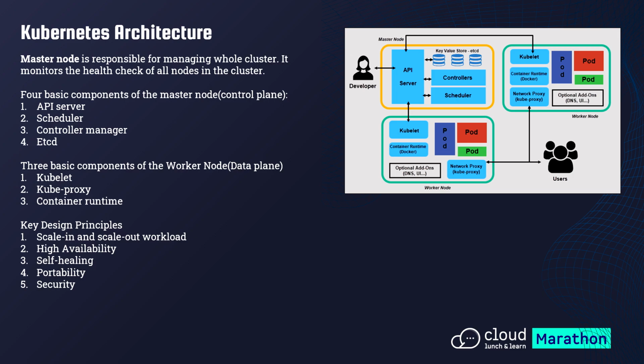etcd is a data store that stores the cluster configuration. It is recommended that you have a backup, as it is the source of truth for your cluster. And if anything happens, you can restore all the cluster components from this stored cluster configuration. etcd is a distributed, reliable key-value store where all the configuration is stored in documents, and it's schemaless.